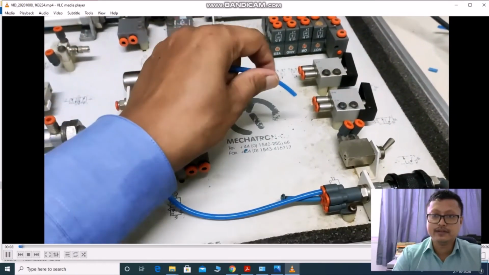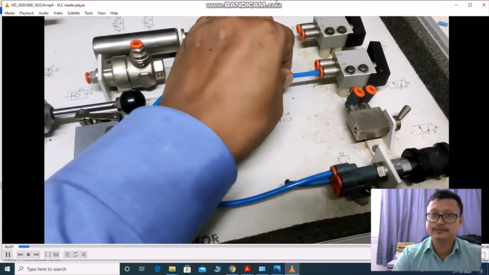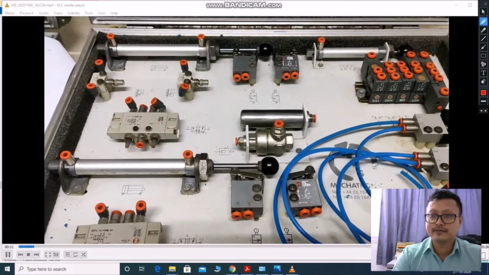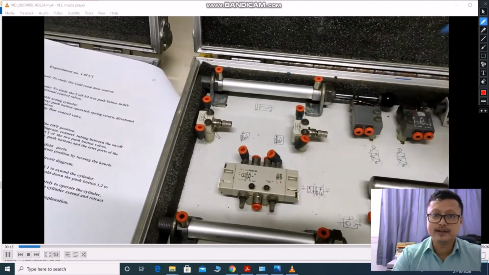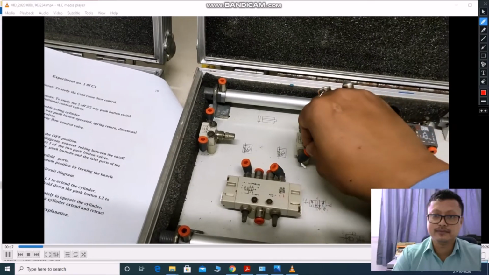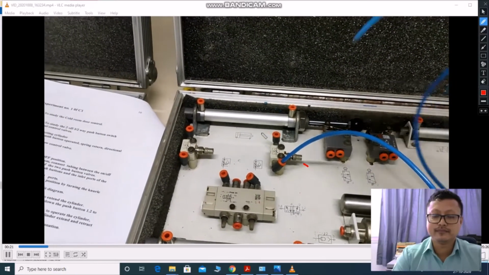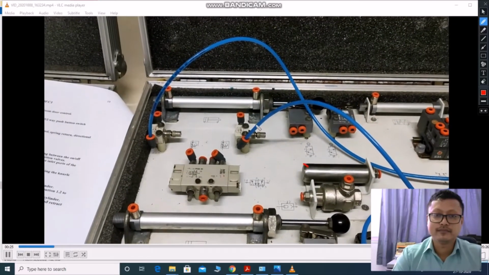So these are the pneumatic tubings. We connect them to this push button switch. Here the push button switch is connected, and then we connect one flow control valve here.